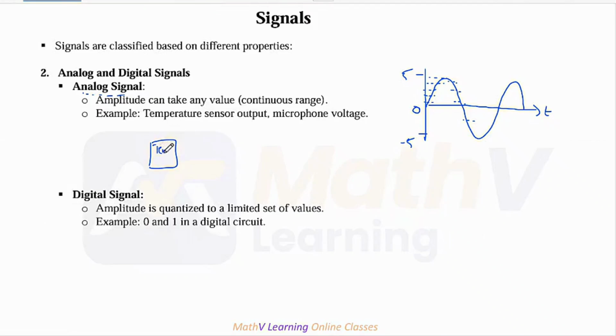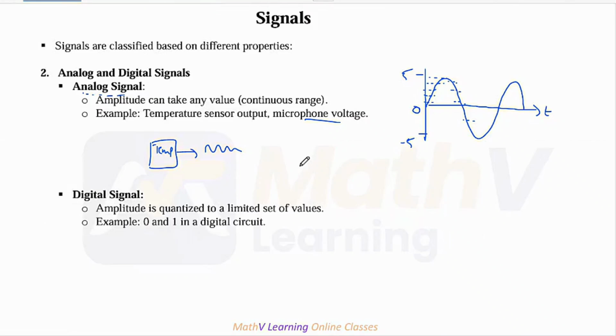The output of a temperature sensor, it is a continuous signal, right? Or the output of a microphone, or the signal which is being transmitted from an antenna, these are all analog signals, which means it assumes any value within